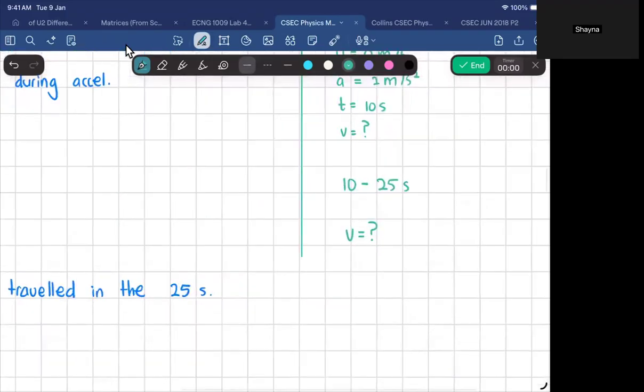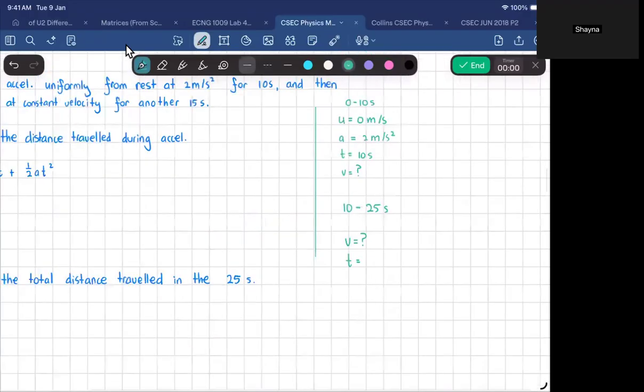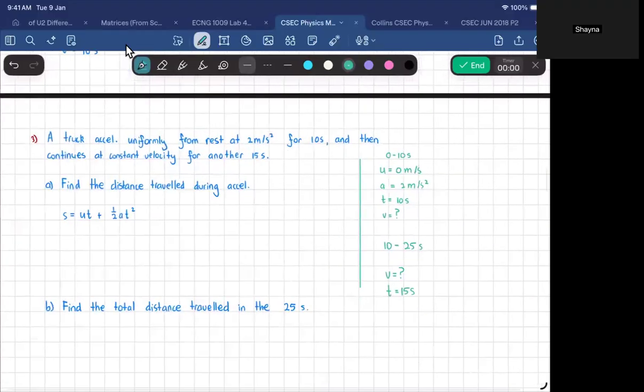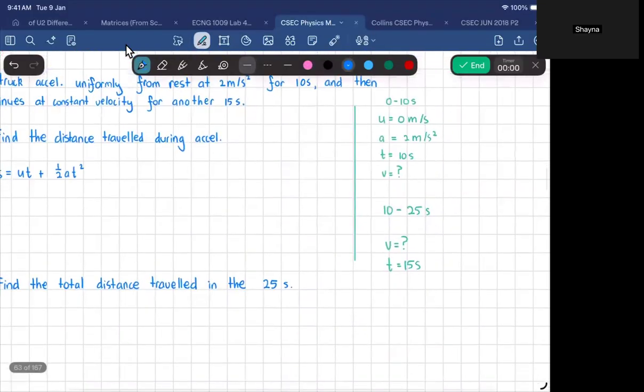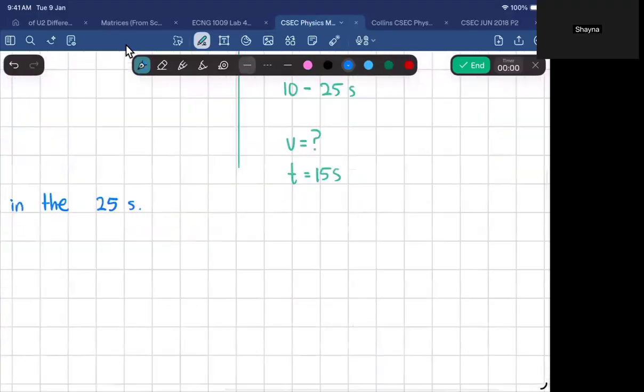And we know that the time would be what? 10 seconds. How much time is 10 to 25? 15 seconds. Right. So let's answer the question like how you would. S is equal to UT plus a half AT squared. But you understand this is just the whole question, right? Yes, sir. And if we draw a little sketch to visualize it,